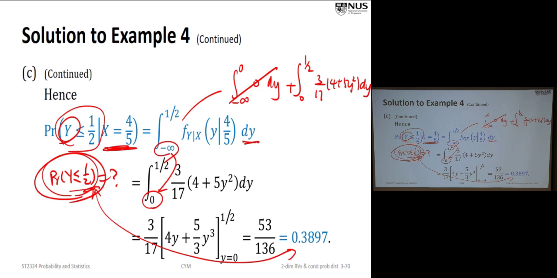So this is different from saying I don't know anything about x. So I just ask, what is the chance that y is less or equal to 1/2? It can be that x is very small, let's say 0.1 or 0.15. Also x can be 0.8, can be 0.9. So we combine all of this. We don't care about the x. We just look at y less or equal to half, disregarding what x is. So here we have to look at the marginal distribution of y. And in general, the marginal distribution and the conditional distribution are not the same. Therefore, the two probabilities that I list here are not the same in general.